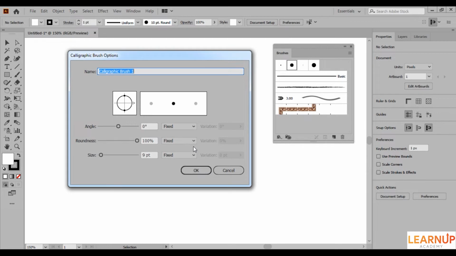Now we have 3 sliders that control the angle, roundness and the size of the brush. The angle and the roundness can also be changed from this brush shape editor. Holding down the shift key enables the snapping. And we can also use it with sliders. Just place the mouse cursor over any of these boxes and roll the middle mouse button with the shift key pressed.